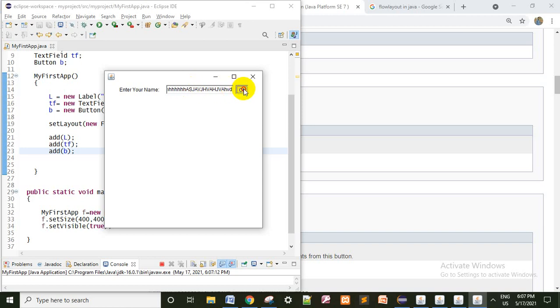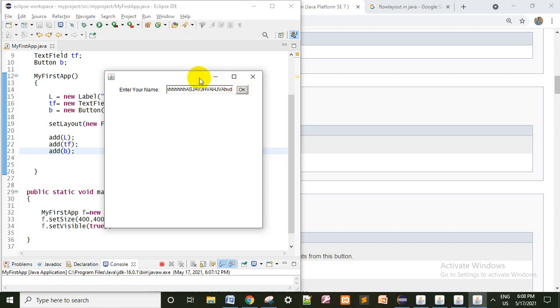Now once you click that OK button, nothing will happen because we didn't write any functionality for the buttons, label or text field. So that is called static. We are not handling any events here. In the next class we will discuss how to handle events and how to provide functionality for any components.